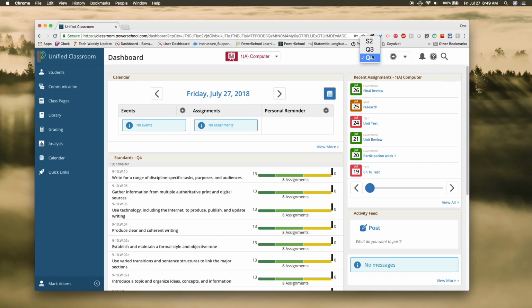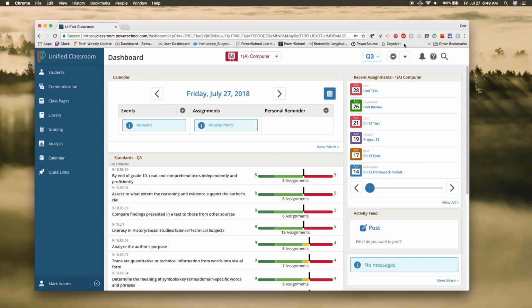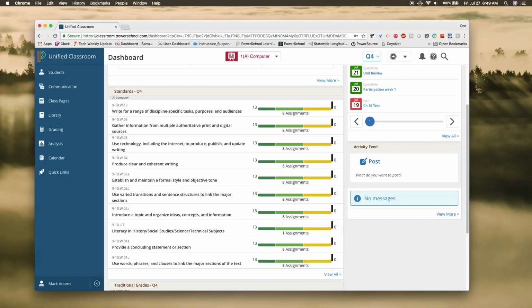And you can change your scope up in the top right here. You see I'm on quarter 4 right now. I could change to quarter 3 and see quarter 3 assignments. Right here you can see a breakdown of standards, and that